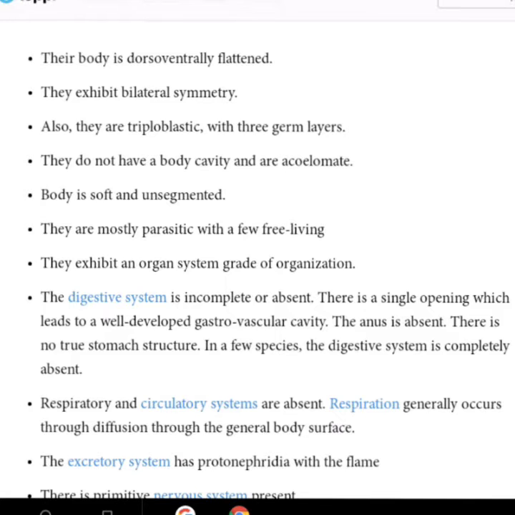In a few species, the digestive system is completely absent. They are hermaphrodite, doing the self-fertilization. Excretory system are